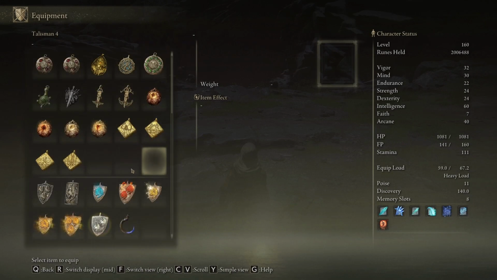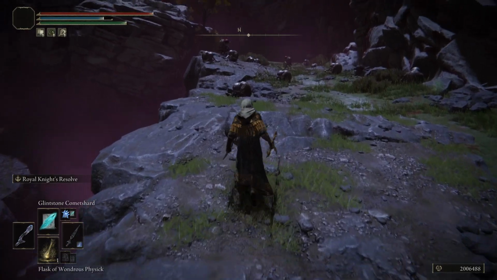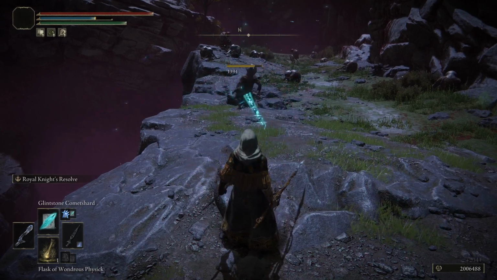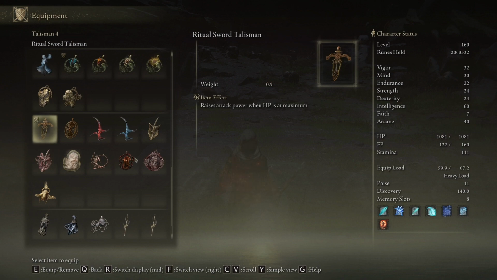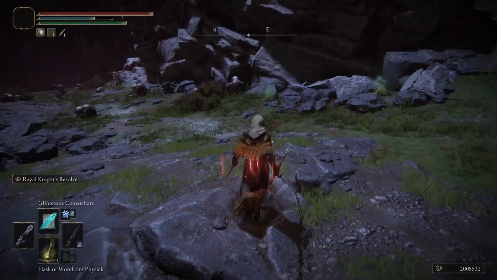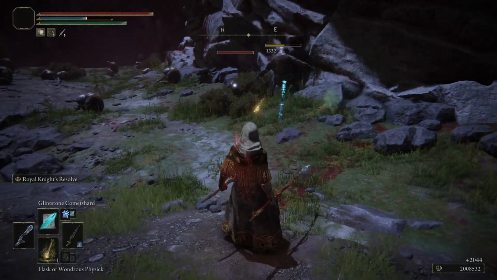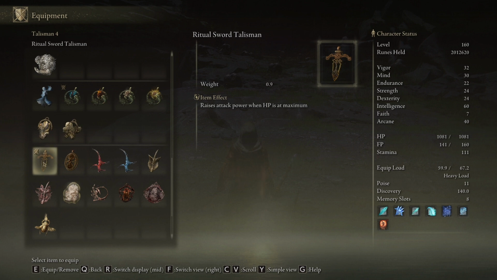So now we're going to swap over here to the Godfrey Icon, and then we are going to shoot this guy. Once again, charge spell. There you go, 1,394. Now we're going to swap over to the Ritual Sword Talisman, and we're going to shoot this guy, full charge, 1,332. So we lose a little bit of damage on fully charged spells by using the Ritual Sword Talisman, but